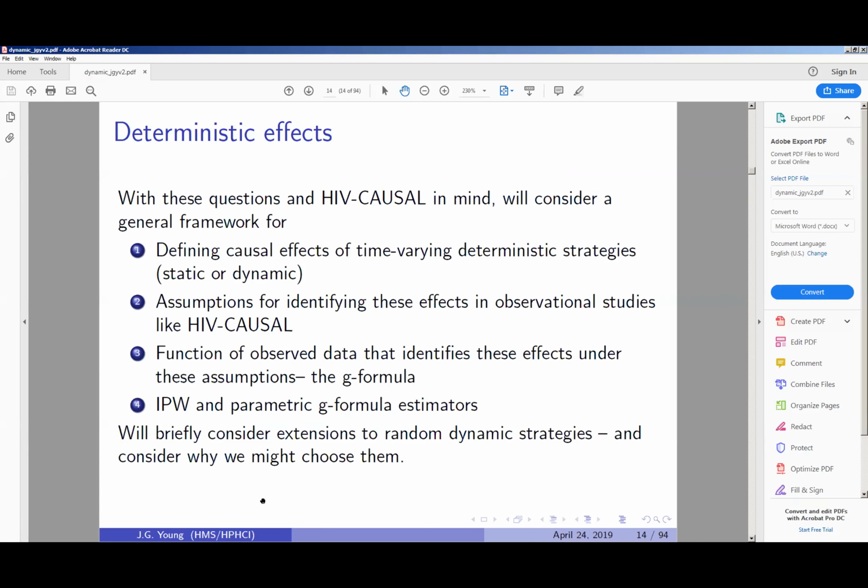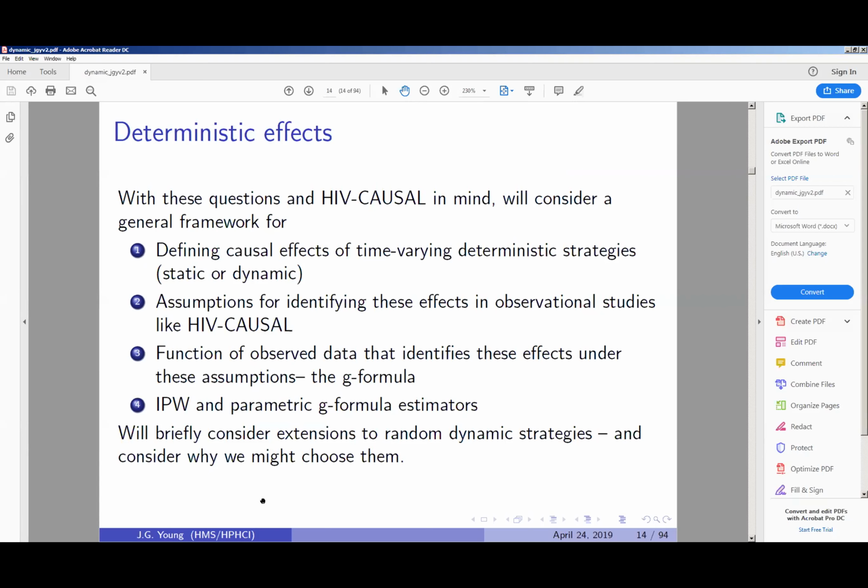Of course, I believe that patients and doctors really want to know about individual causal effects, and this is often an interesting debate within the causal inference literature. What is the question that people really want to know? They want to know, am I going to die in the next 5 years if I do follow this rule versus this rule? Or the doctor wants to know, when they're looking at a particular patient, how should I treat this patient? What is his counterfactual outcome going to be?